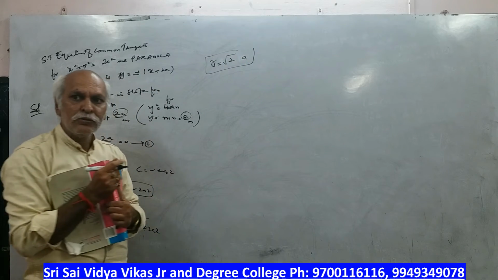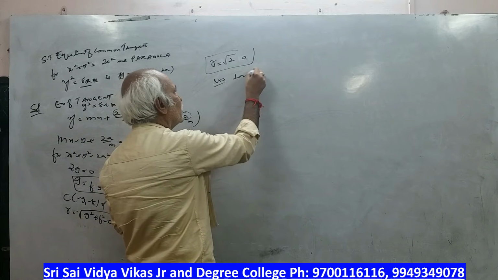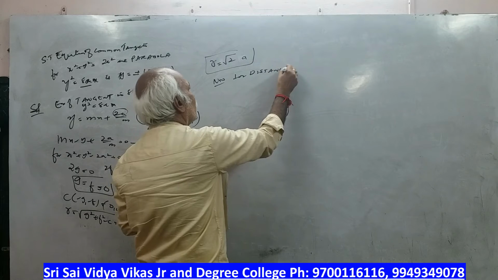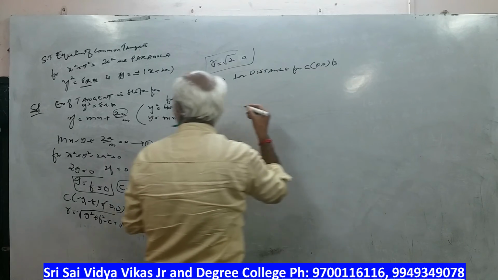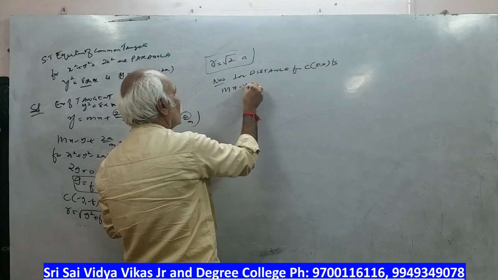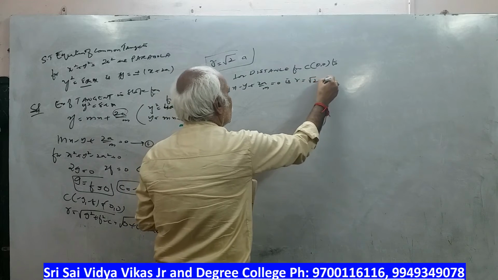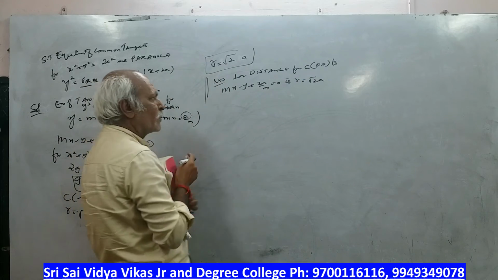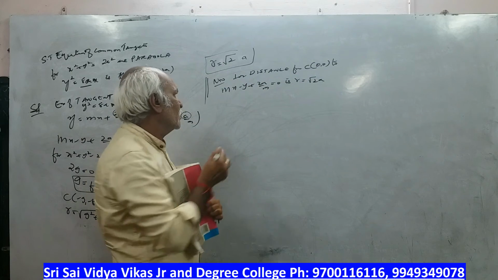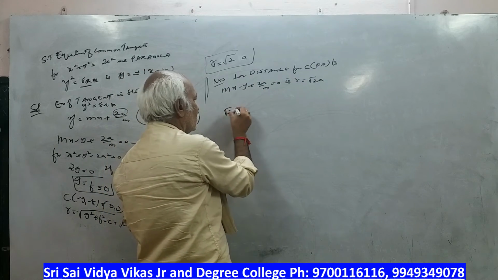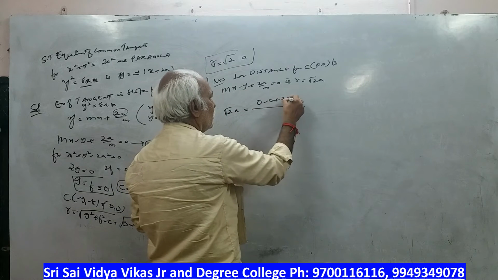So what is the r value? Root 2a. Now the perpendicular distance from the center 0 comma 0 to the line is equal to the radius root 2a. So the perpendicular distance from center 0 comma 0 to this line is equal to root 2a. So root 2a is equal to, x is replaced by 0, y is replaced by 0, 2a by m,